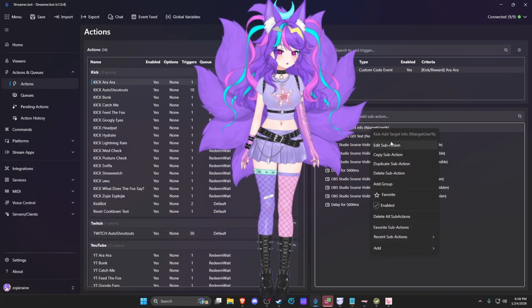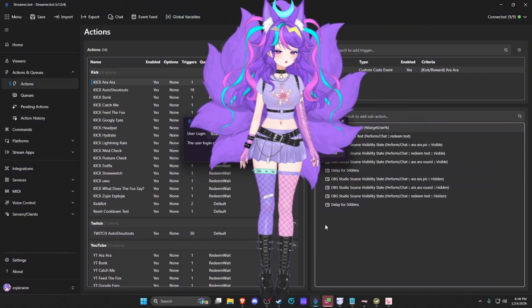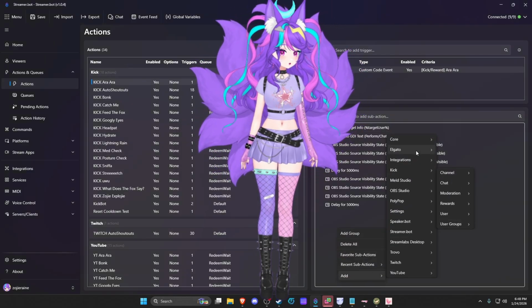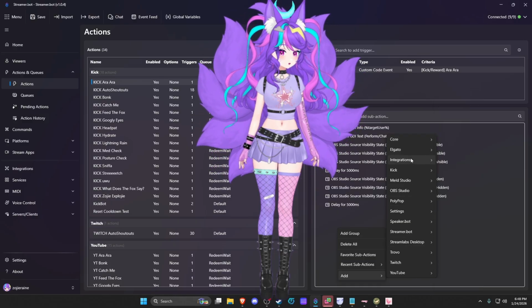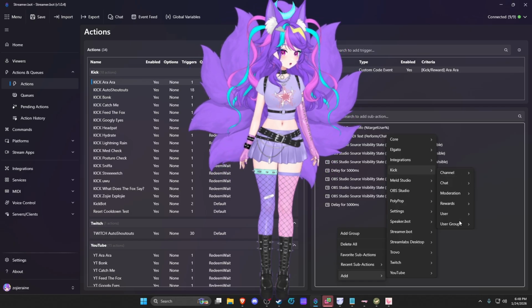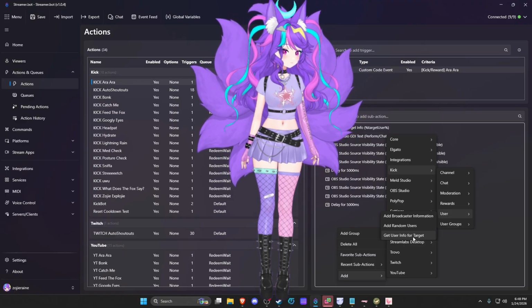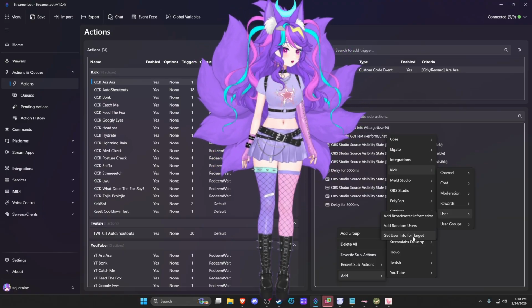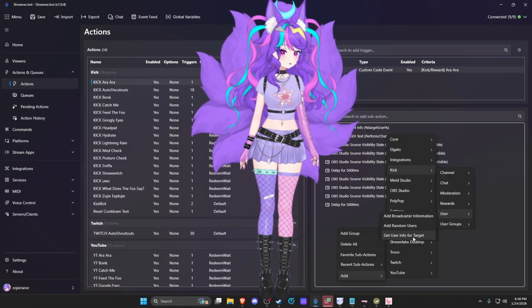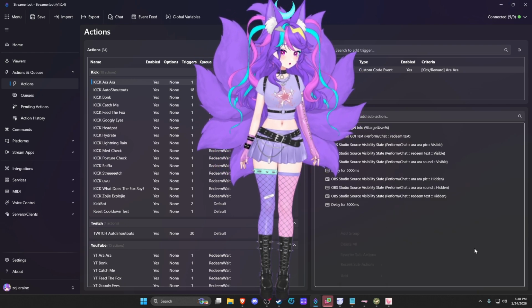Hold on, let me just go in here. It is part of, where is this at again? It's in Kick. It's been a little bit since I did this. I think it's in the custom, actually. Or no, it is in Kick, and it is get user info for target. So basically that just means, hey, Kick, get the username from the chat who triggered this. It's basically asking Kick who dat. Okay. So then